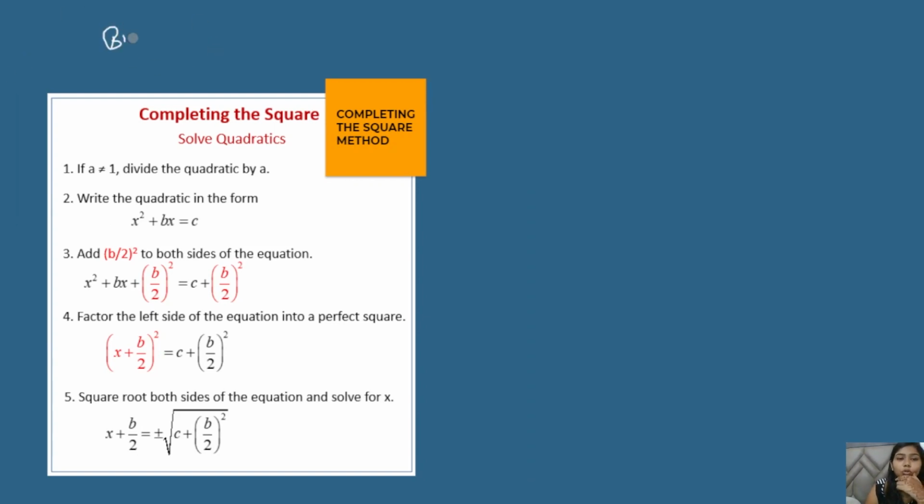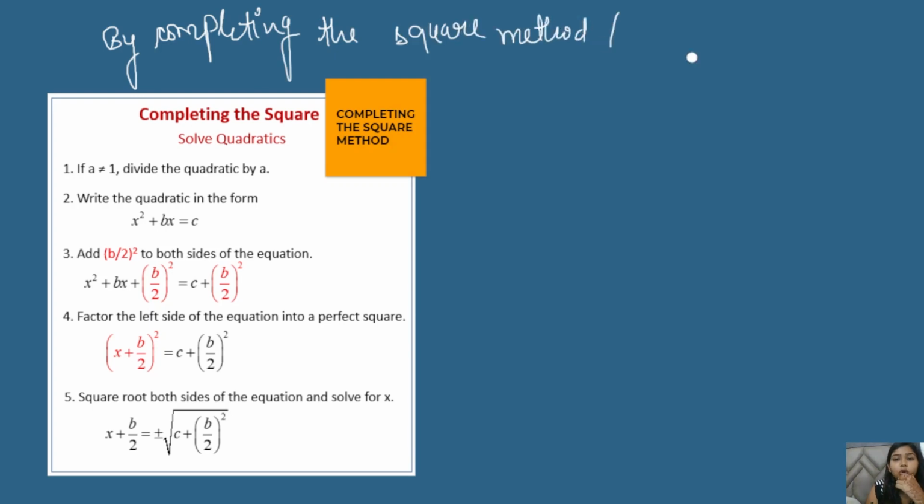This is a very new method for you people. You have not studied this method in your earlier classes. I'll explain this method to you. This method is also very similar. This method is based on identities. The identities we have read in class 9th.